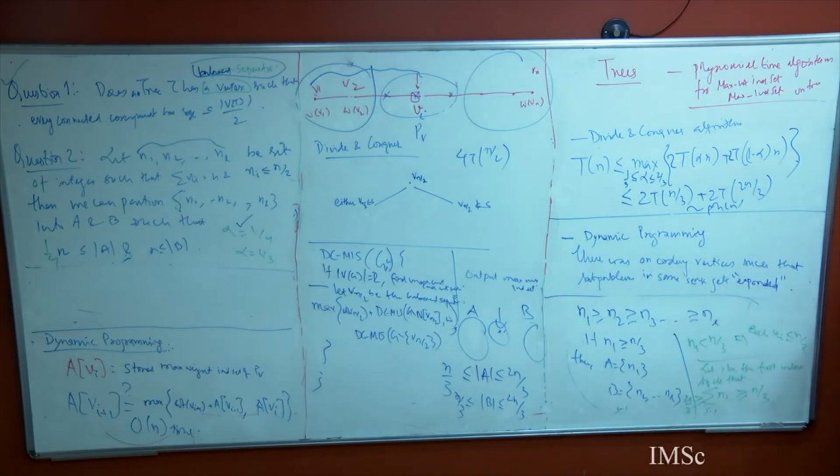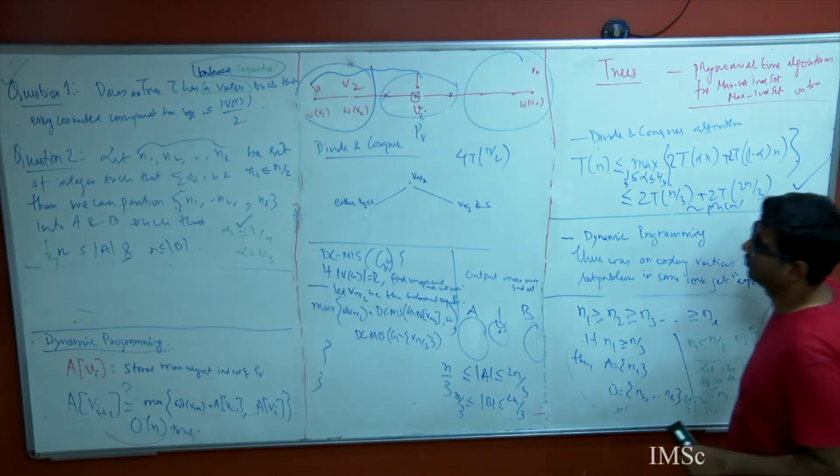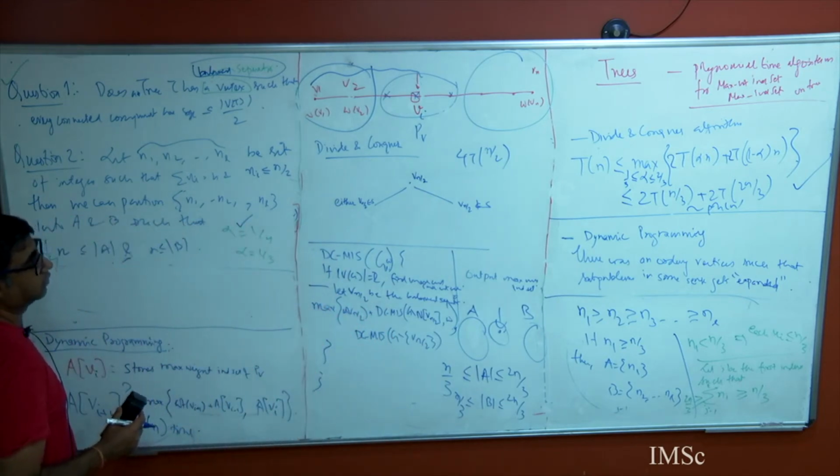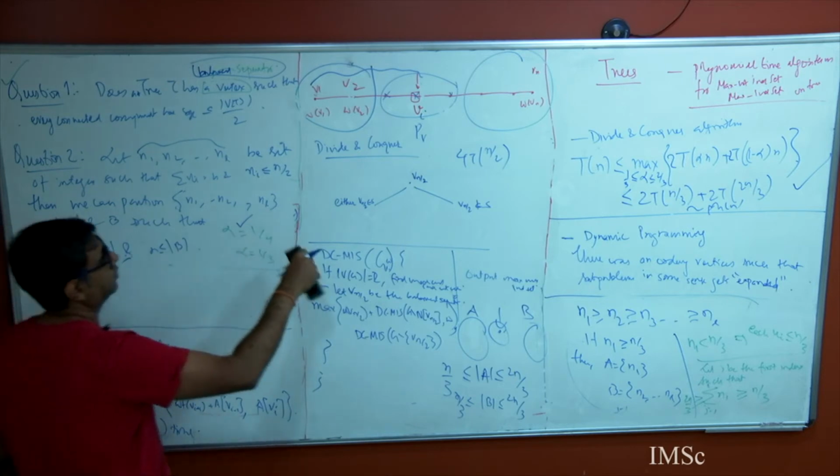So this is my divide and conquer algorithm for my trees. What did I do? I picked up this vertex, got into my connected components, grouped them into A, grouped them into B, solved my optimum solution for those 4 subproblems, and based on those 4 sub-solutions, I decided a solution for myself. That's all that I did. So this is divide and conquer. Now, how do I go about dynamic programming over trees? Now I am going to probably drop this for a minute.